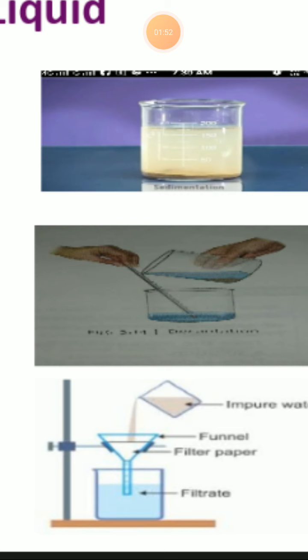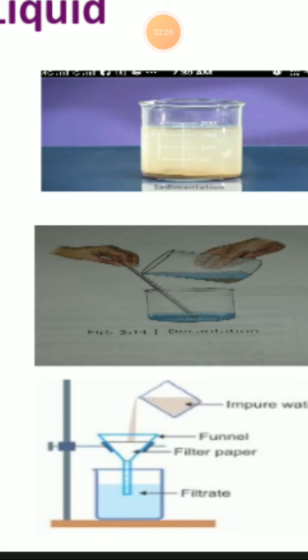Then what happened? Filter paper has tiny pores, and tiny pores do not allow impurities like sand to pass through it. So the sand will remain on the filter paper and the clean water is collected in another beaker. So this is a method called filtration.